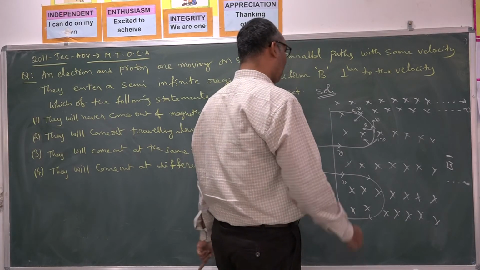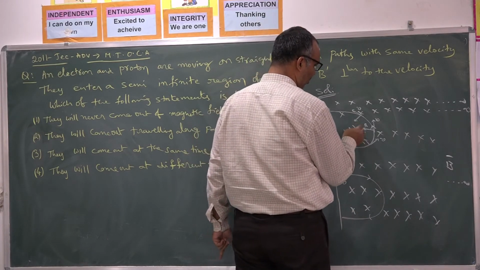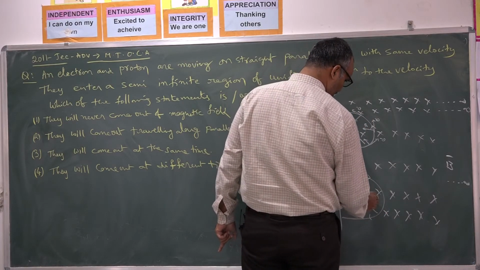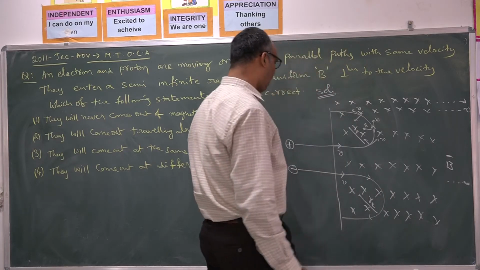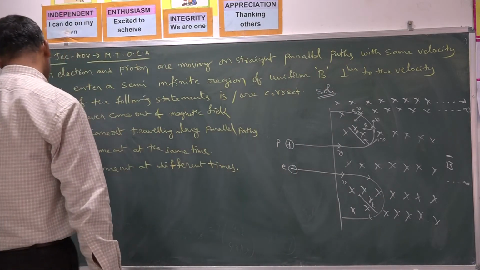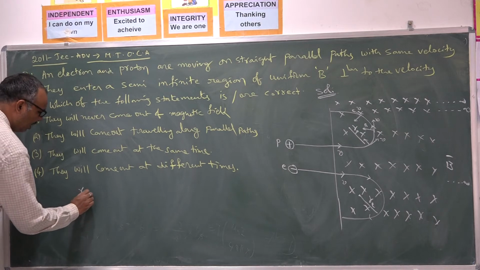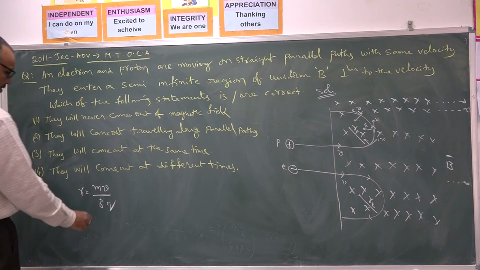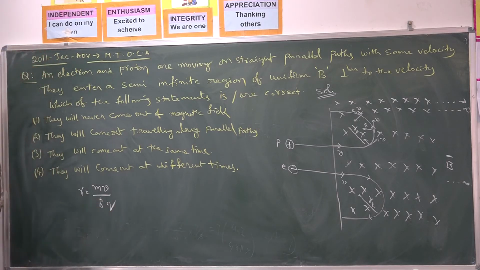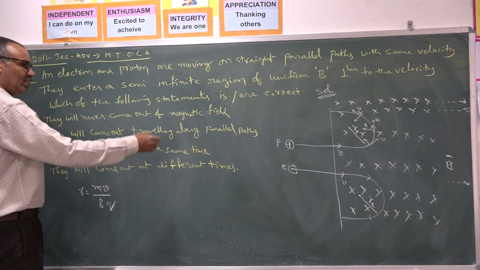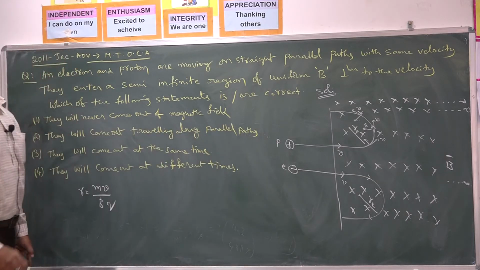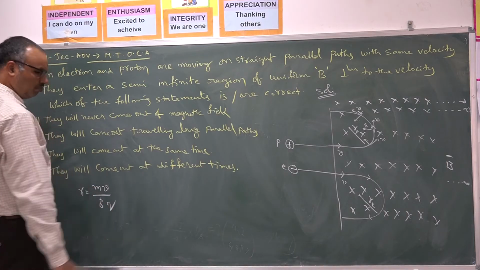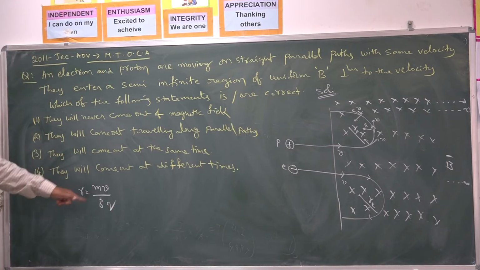So this path can have a certain radius. This is nothing but the radius of curvature of the path of the proton. This is the radius of curvature of the path of the electron. If you want to compare, the general formula for radius is mv by Bq. Already we discussed this. Here B is the strength of the magnetic field, which is fixed. v is the velocity with which the particle is entering this field. So v and B are fixed. So radius depends on whom? m by q value. m is nothing but mass.